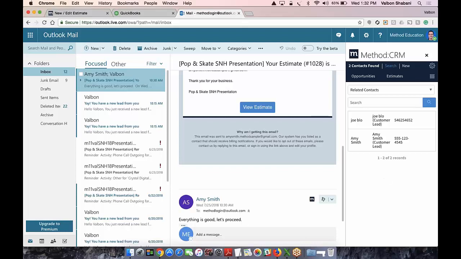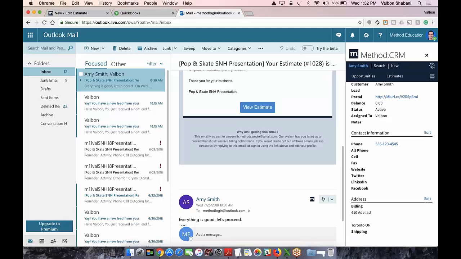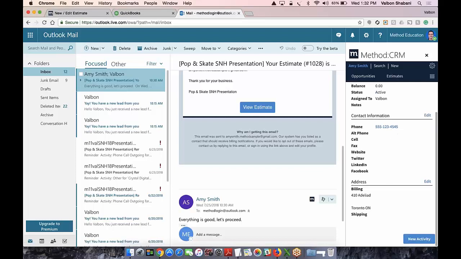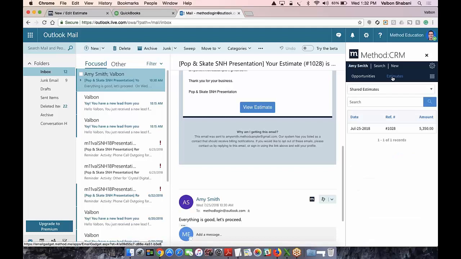So this right-hand panel is actually Method screens inside of your Outlook. We can see that it found two matches, and this is the one that we actually want to take a look at, Amy Smith. We're able to see a lot of the same information we saw in our CRM right inside of Outlook, because our CRM is basically now inside of Outlook. So we can see the information, the portal links, phone numbers, et cetera, address information. We can even go as far as clicking on estimates